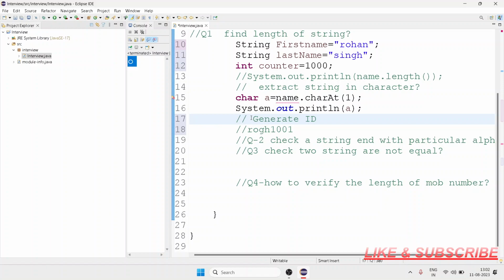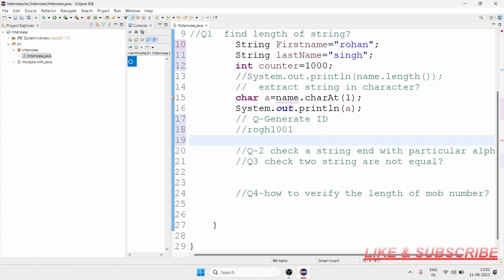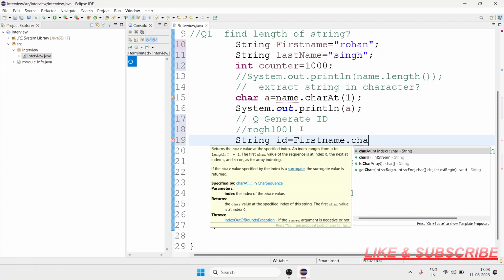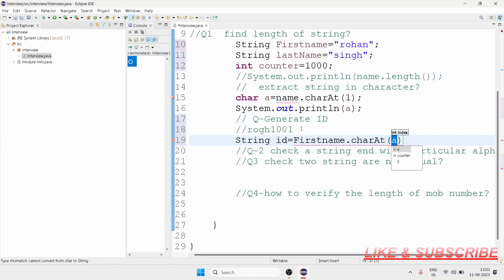This is my question. I have to generate an ID. I want to take the first two characters of the first name, the last two characters of the last name, and then my counter should start from 1001. So how are we going to do this? First, let's take a variable like String id is equal to firstName.charAt(0, 1). Okay,